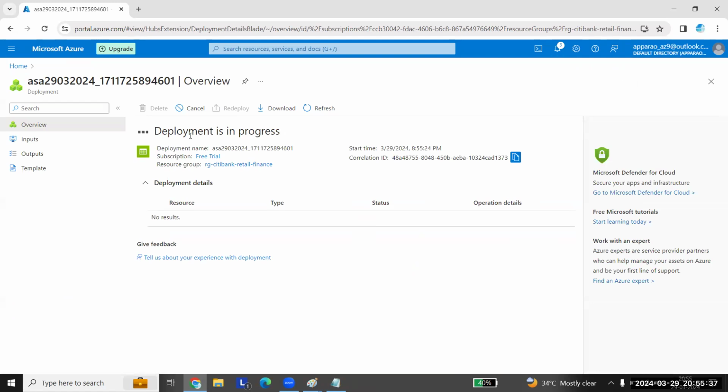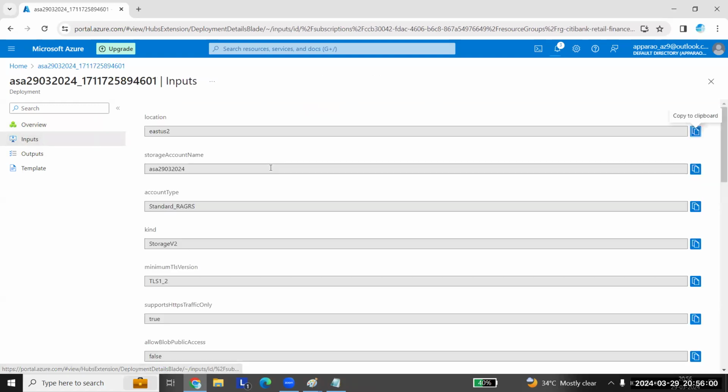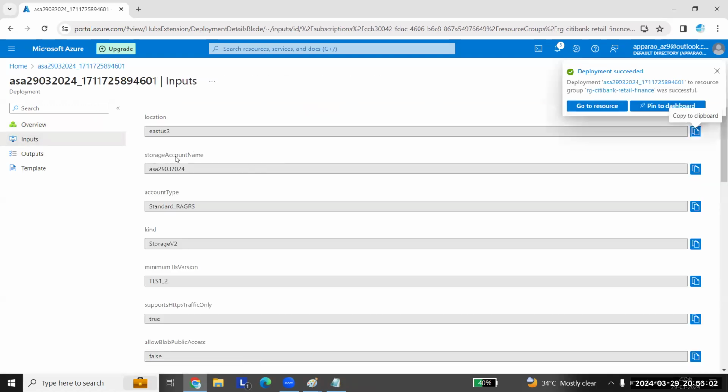Yeah. So when you're deploying it, who is deploying this? I'll tell you. So here you have input, output, template. Here we'll talk. Let this get deployed. We'll talk on that. There is some script running, which is a JSON script, which is nothing but a Terraform-like script here. The input means what you have given here. You have selected something, right? Which location you wanted, what is the name here? So you see it has got deployed.